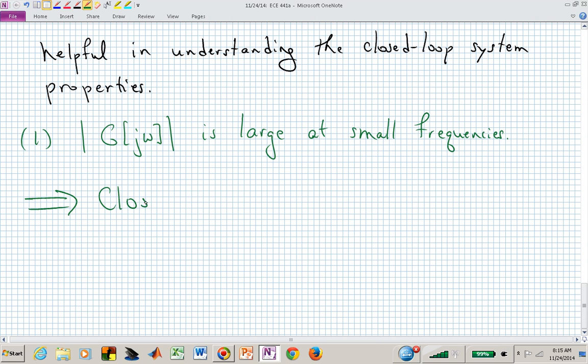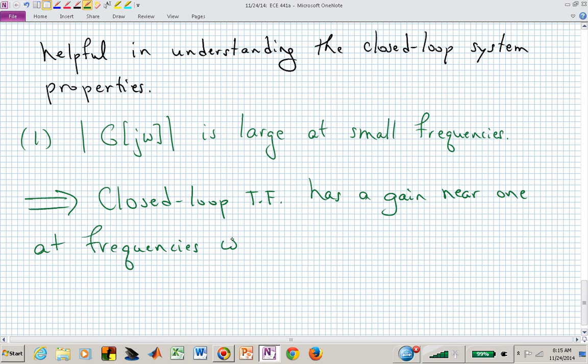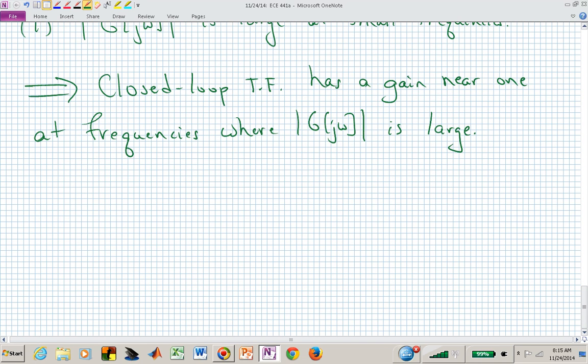The closed loop transfer function has a gain near 1 at those frequencies, or at frequencies where the magnitude of G of j omega is large. Or another way of saying that is, therefore, there is a small error,